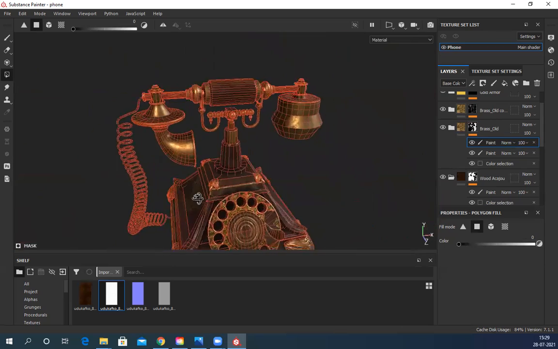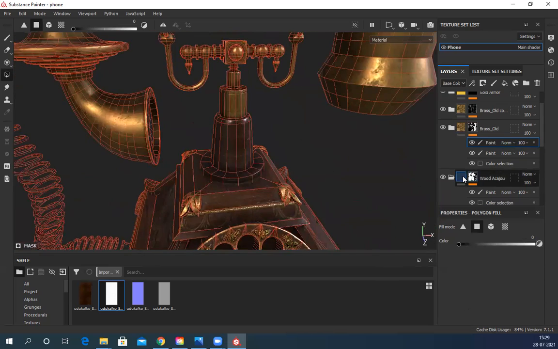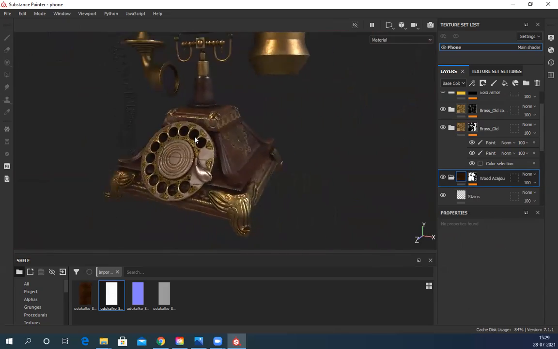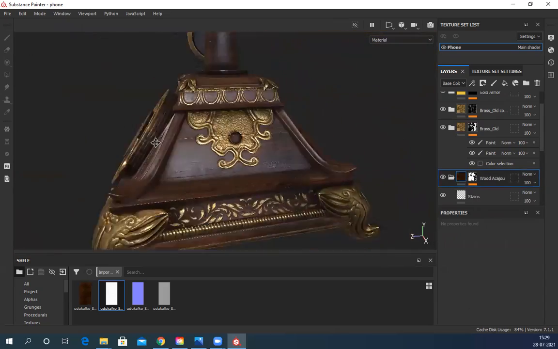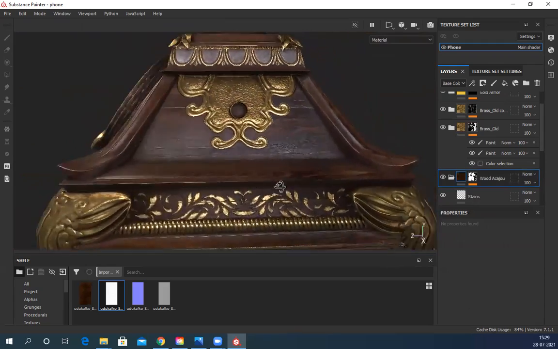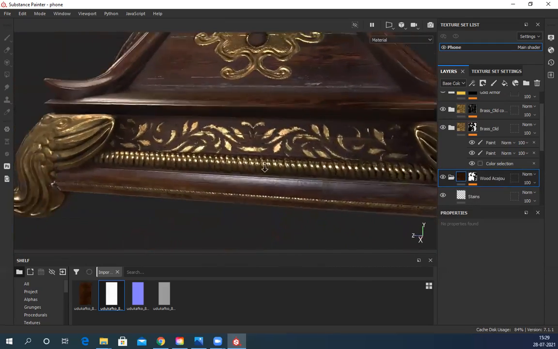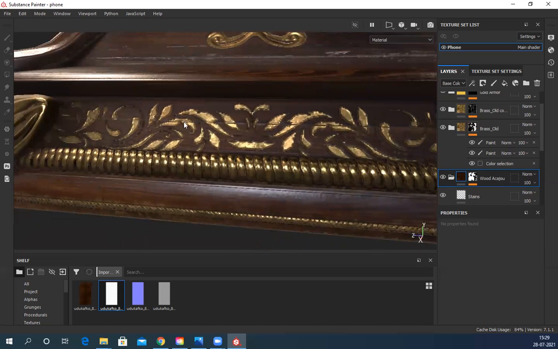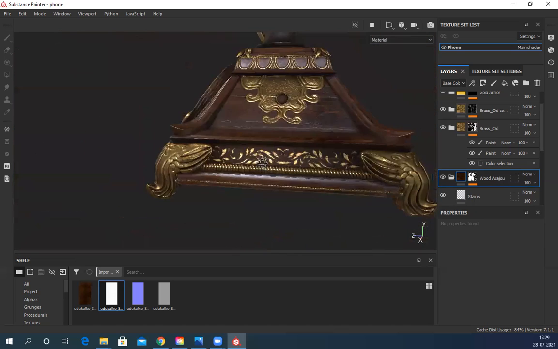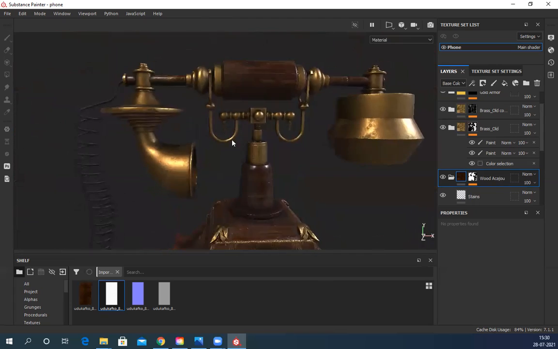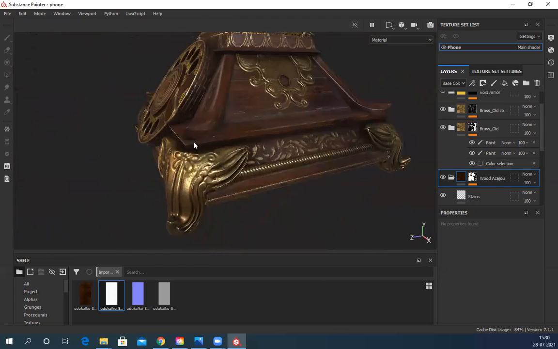Okay, basic all selections and texture direction and everything is corrected. Those little cracks and all these things add to your texture and it looks better. So the wood cracks are coming on the gold portion also.